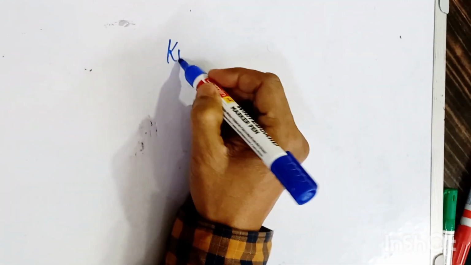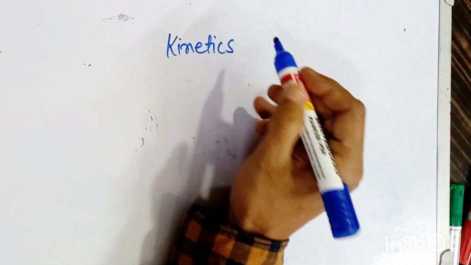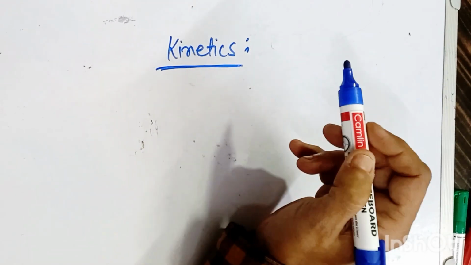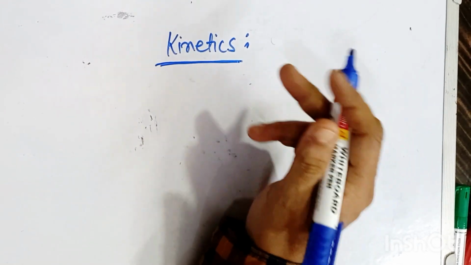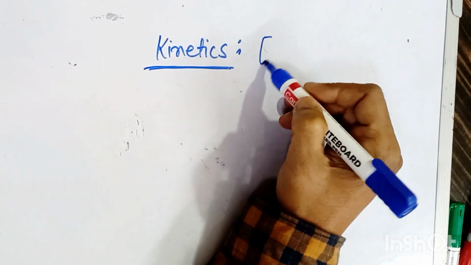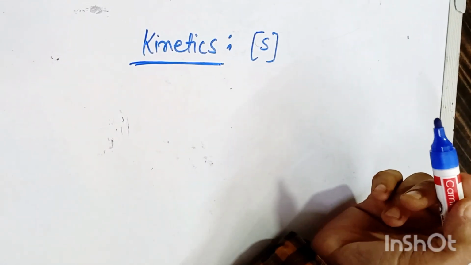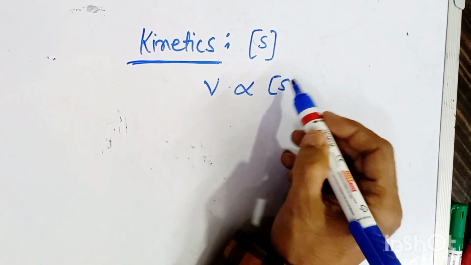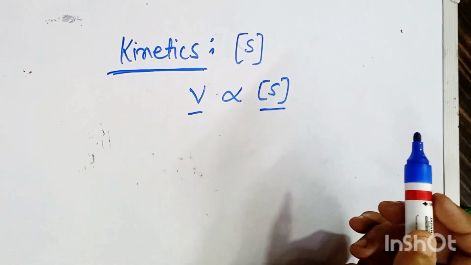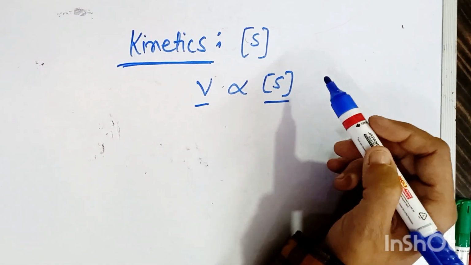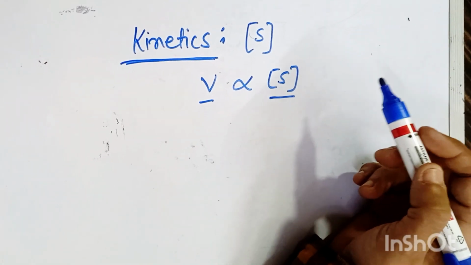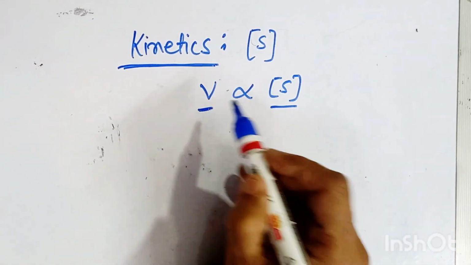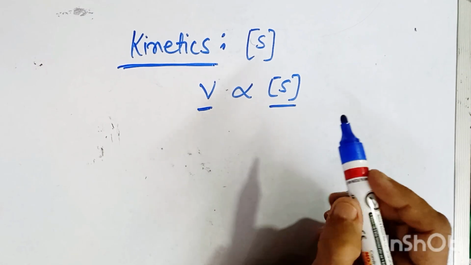What do we mean by kinetics? Kinetics is the study of how the velocity of an enzymatic reaction gets altered with substrate concentration. And this is very important. Why? Because the velocity is directly proportional to substrate concentration, and this changes after a certain substrate concentration is reached. The velocity is lowered with increase in substrate concentration, and this is actually